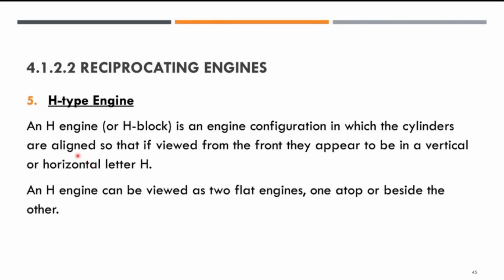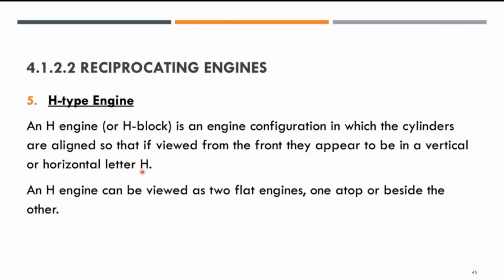The next one is the H-type of engine. We already talked about V and X, and now the H-type of engine. We call it an H engine or H block. It is an engine configuration in which the cylinders are aligned so that if you look from the front of the engine of the aircraft, it appears to be a vertical or horizontal letter H. So you can see that it is